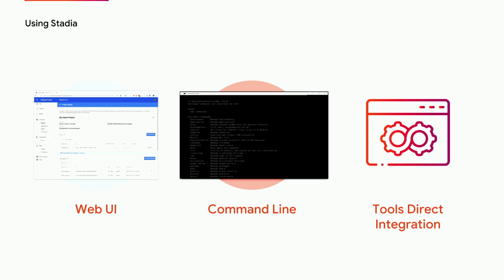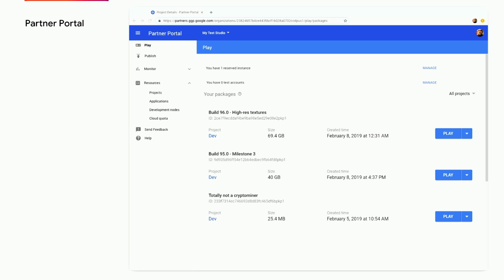Another way is through our web UI, also the tool integrations I mentioned before. If you're not into command line, our web interface is called the Stadia Partner Portal. All Stadia developers can access this through their browser, manage your instances, your package, your users, your resources, all from our web UI. This is the play page, and it shows a list of builds that have been uploaded at